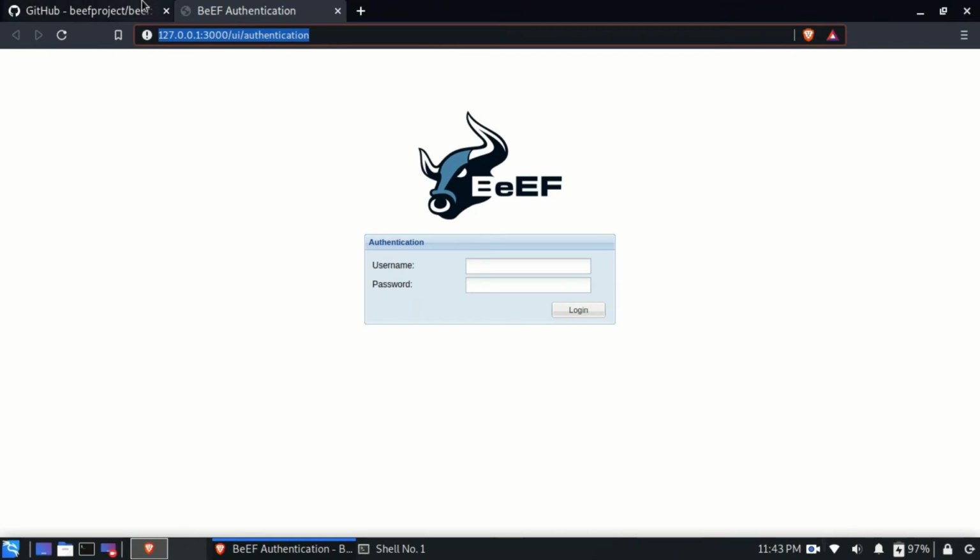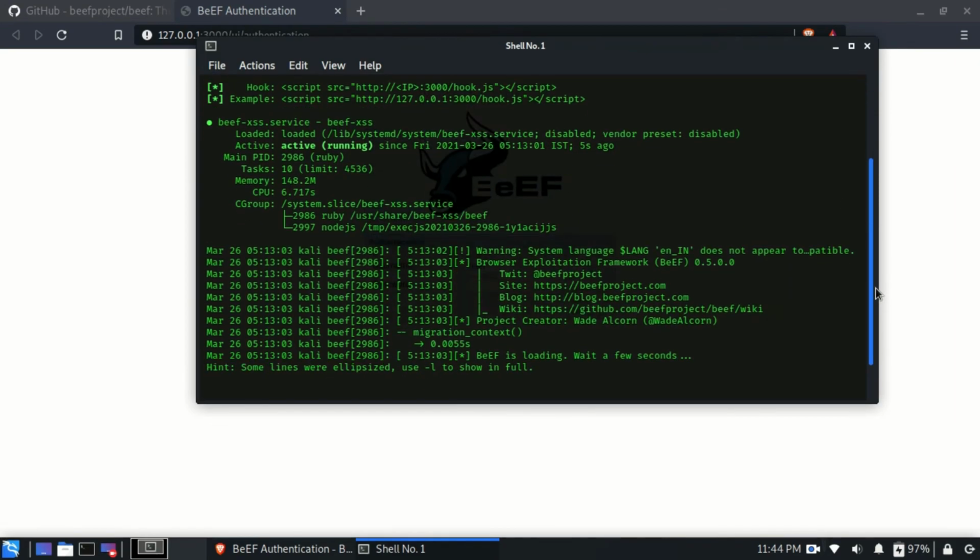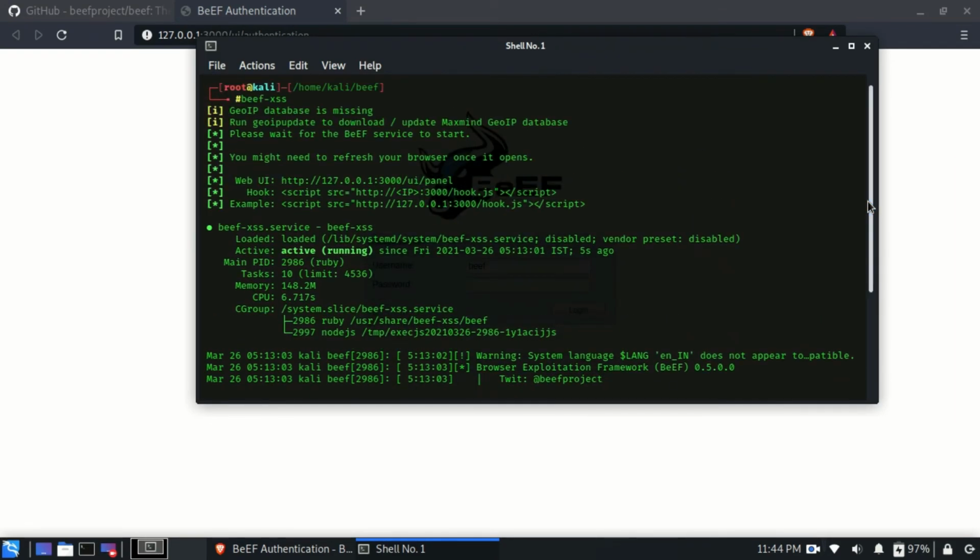This will open the UI panel of the browser exploitation framework. As you can see, this is an authentication page of BeEF framework. Here we need to enter the username and password. The username for this framework by default will be beef. For the password, the first time you run beef-xss, it will ask you to give a password which you can use here in the panel.